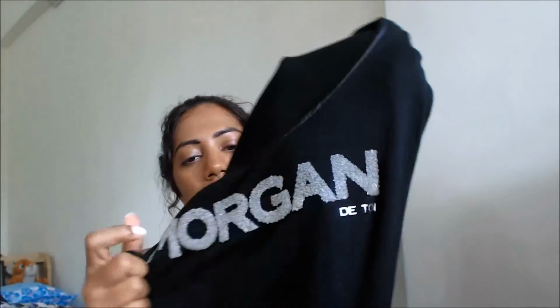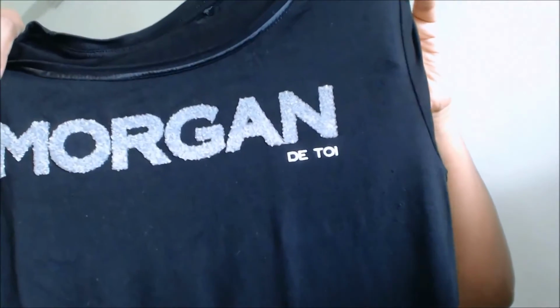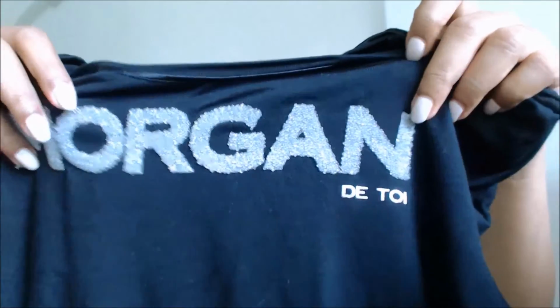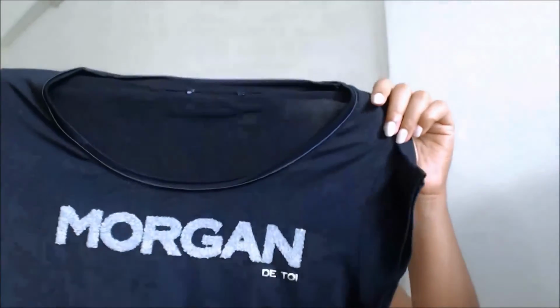This is, it's very simple. It's like a basic black tee, but it's got this Morgan written in sequins. I don't know if you can tell. They're not very blingy sequins either. It just looks quite normal, and I'm not a bling person, so this is fabulous for me. I like it. I've worn these tops a couple of times, and I'm very happy with them. But I do wish that I could have gotten more stuff from France, because aside from these two tops,